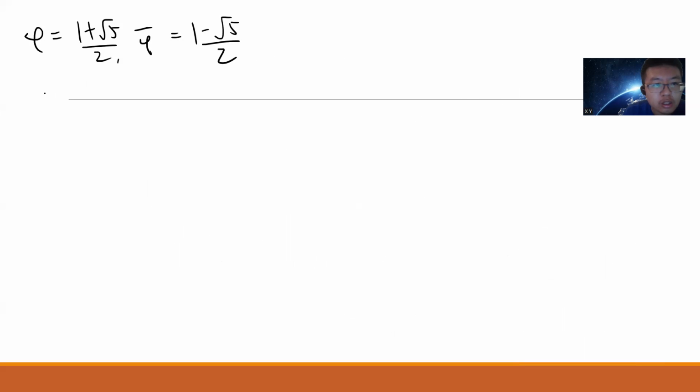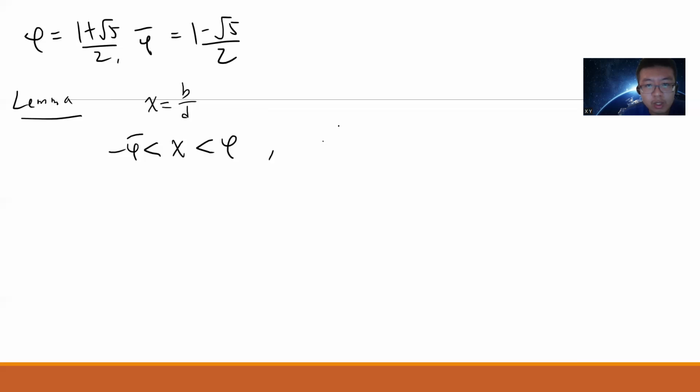Okay, notice that there is a simple lemma. This lemma tells you that if I define x to be b divided by d, and I know that x is greater than negative phi bar and phi, and also 1 divided by x is less than phi and negative phi bar. You can check this. If x is greater than negative phi bar, then you can just, by the way,